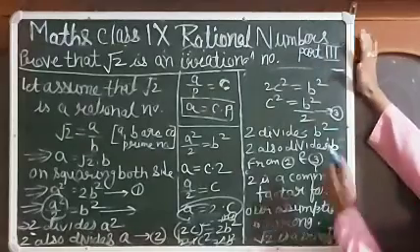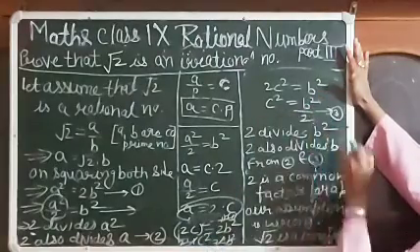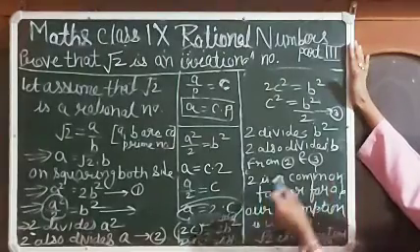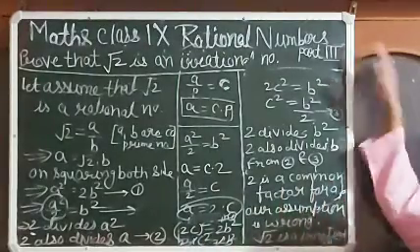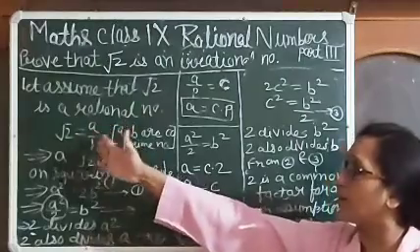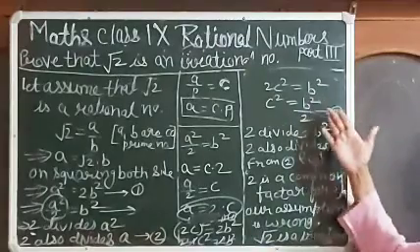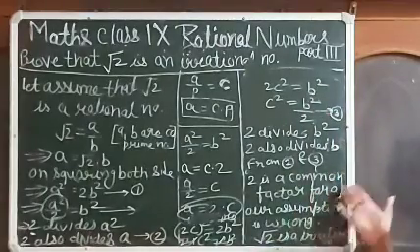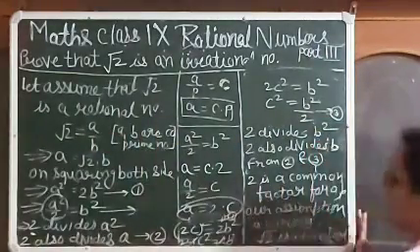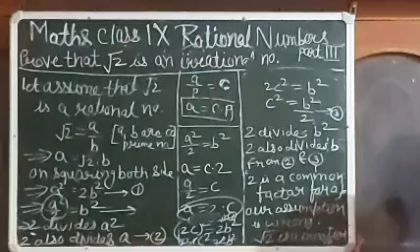From this we can also see that 2 divides b square, so 2 also divides b. So from 2 and 3 we can say that 2 is a common factor for a and b also. But our assumption is that a upon b are co-prime numbers. But what we are getting here is that they have the common factor 2. So our assumption is wrong. The contradiction was that root 2 is a rational number, but we get that it is not a rational number. It means it is an irrational number.